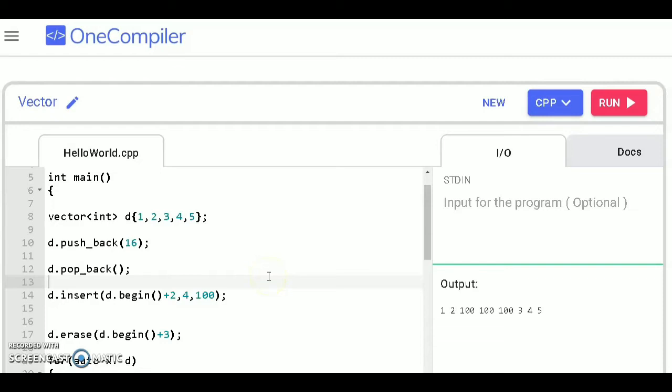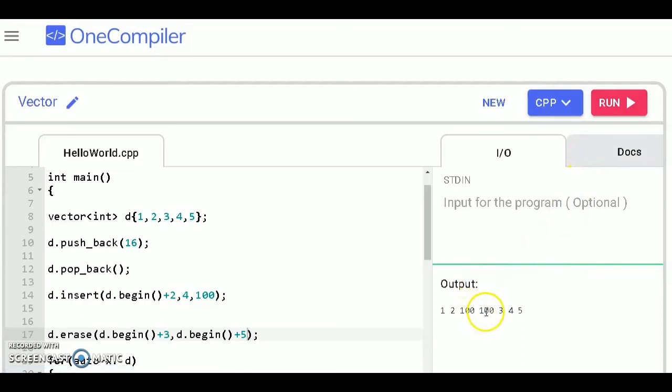And if you want to remove from one position to another position, let's say you want to remove from third position to fifth position, how can you remove? d dot begin plus 3 to d dot begin plus 5. So in this way from 3 to 5 all elements are removed.